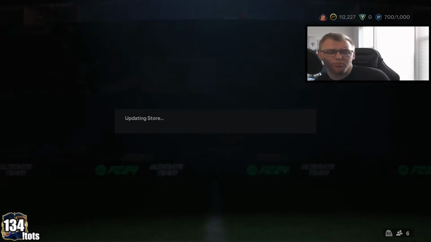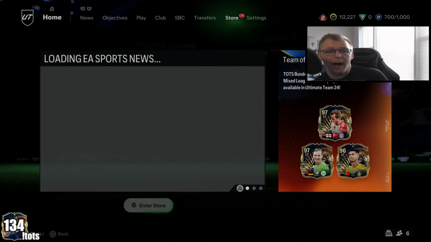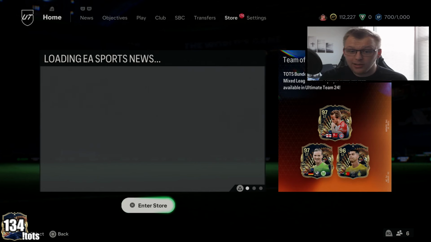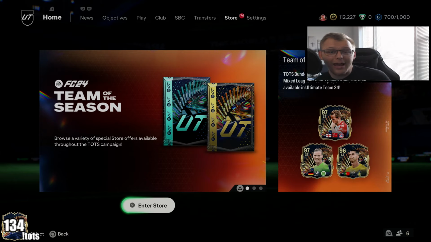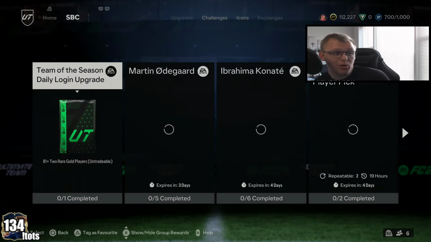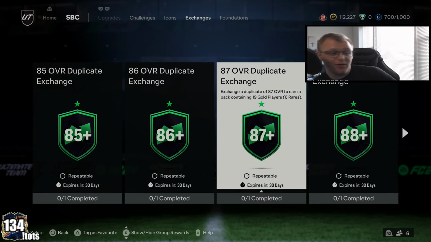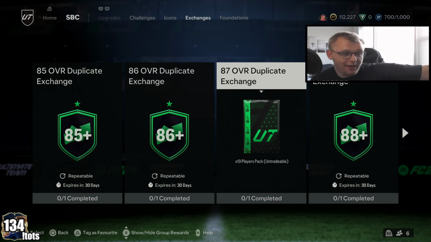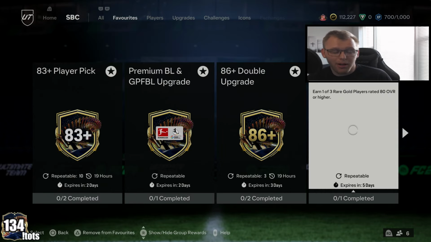Another thing too, going back to the promo pack, I mentioned the 725k promo pack. Another way to look at that is instead of doing the 725k promo pack with the coins we were making from the Team of the Week player picks, what you could do instead is we just talked about the price of gold rares for 87 rateds being about 7.2k. You could instead do 100 of these 87 duplicate exchanges. And if you think about that, you're getting 19 cards out of that. If you do 100, you have 1,900 cards. You stick that into the 80 plus player pick, you're well over 300 plus 80 plus player picks, which if